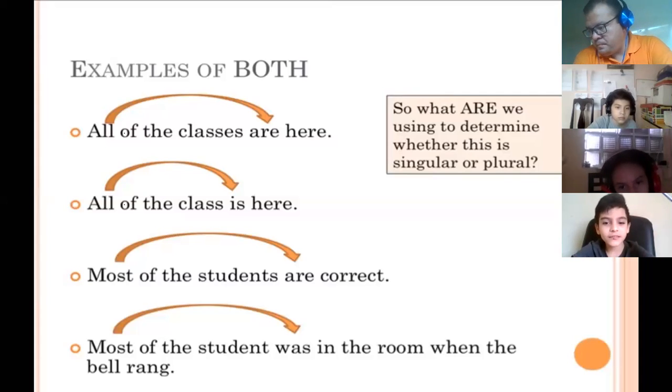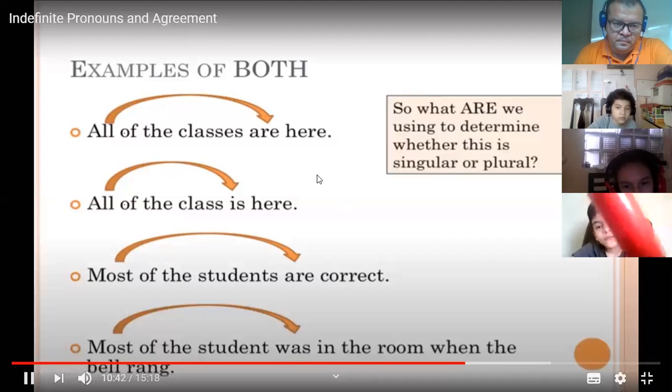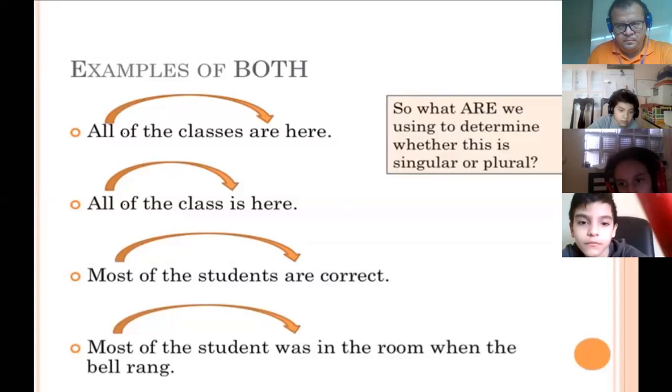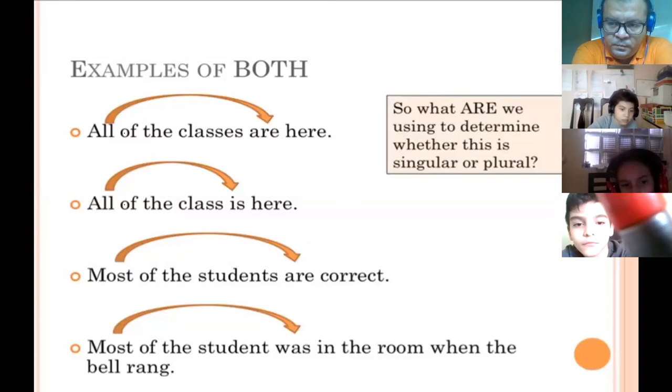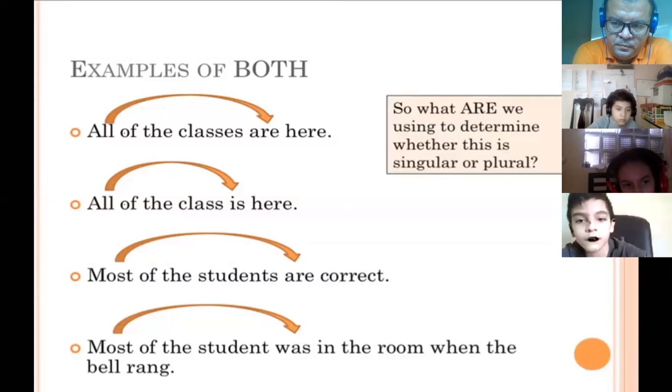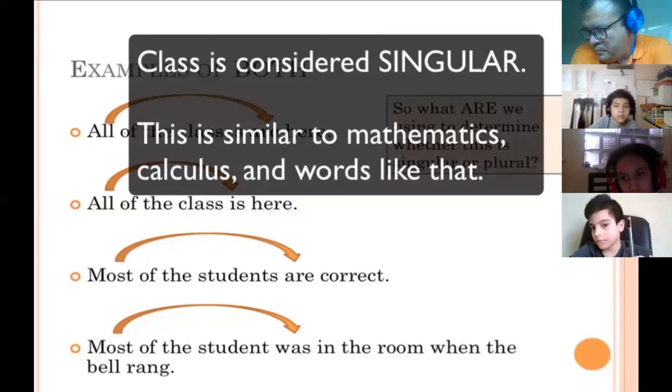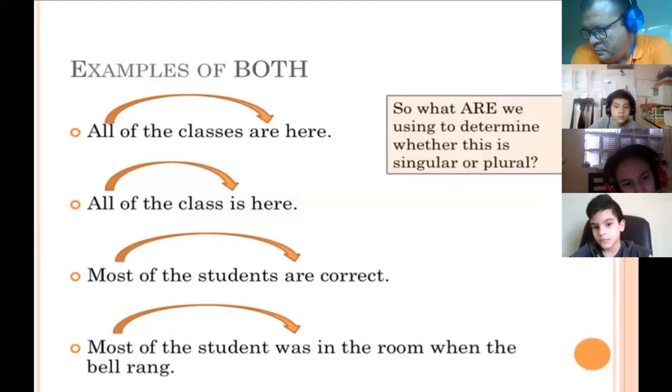But then number two, all is here, ready to start class. So all of the class, meaning all of the students, is here. Now, this is kind of weird, because even though class is made up of multiple kids, 20 to 40, however many you have in your class, the word class is singular. So if we use class, it's singular. All of the class is here. If we change it to all of the students, then what does it become? It becomes all of the students are here. Okay, so your subject is still all, but you are now using that prepositional phrase right next to it to help you determine agreement.